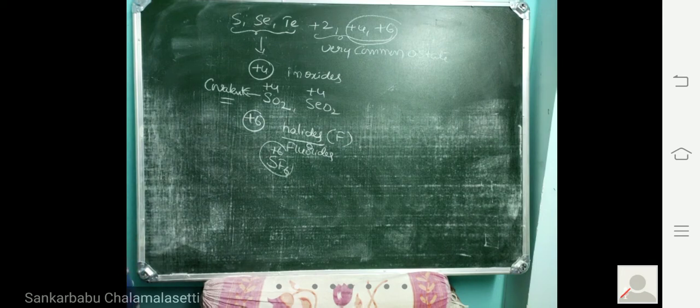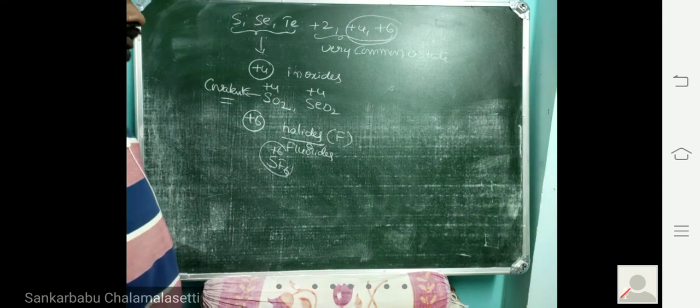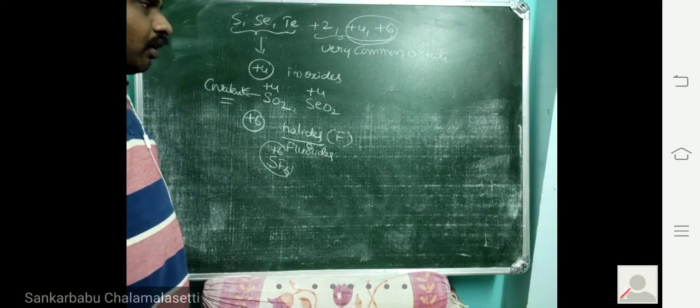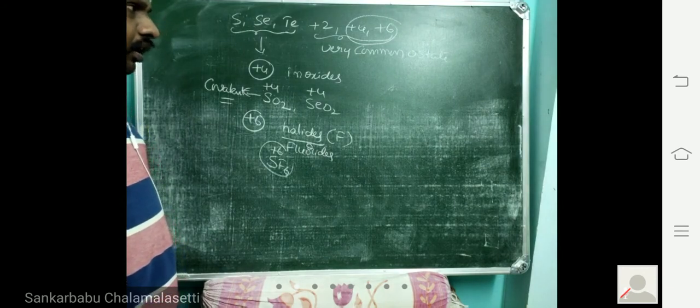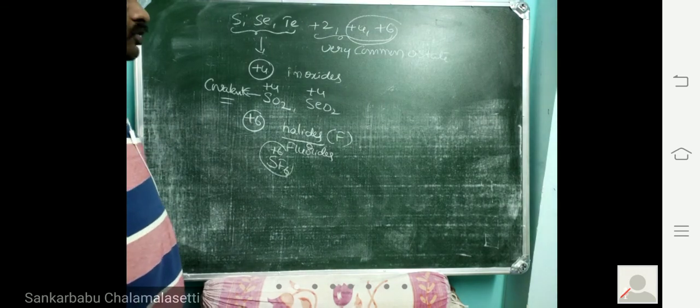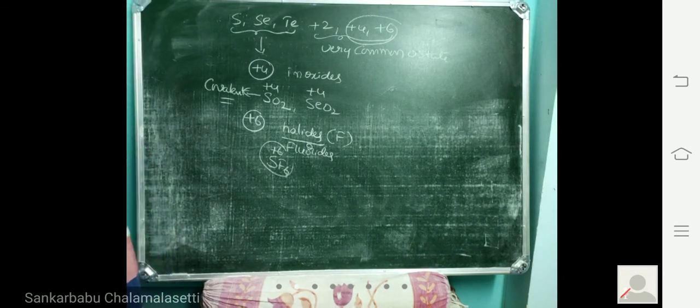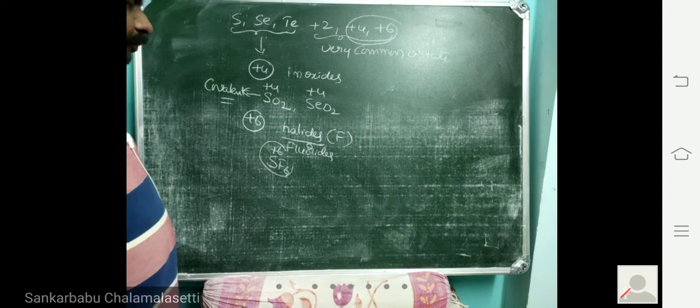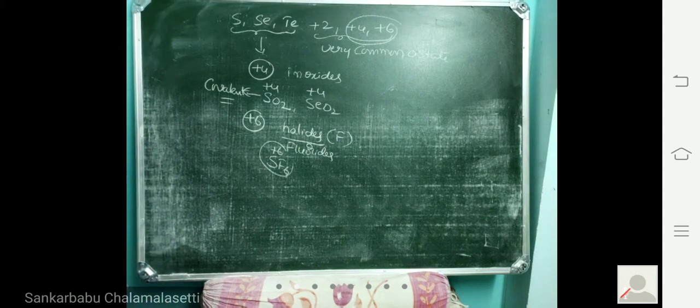Oxygen shows very few oxidation states. Oxygen is unable to show a higher oxidation state. The reason for this is that oxygen does not contain d orbitals, whereas the other elements show higher oxidation states due to the presence of d orbitals. And in these elements, the higher oxidation state +6 decreases from top to bottom due to non-involvement of outer s electrons, that is called the inert pair effect.